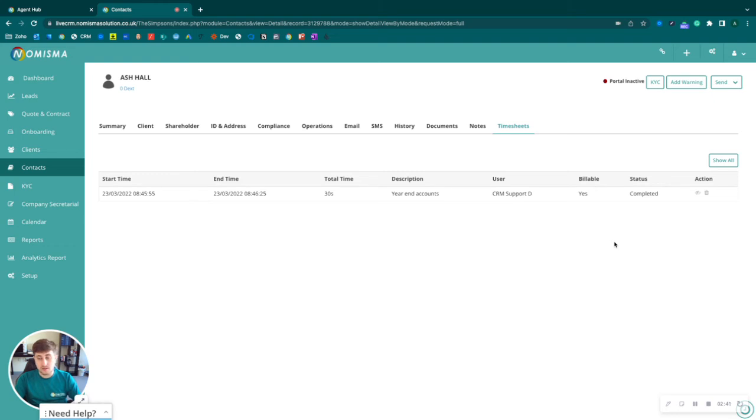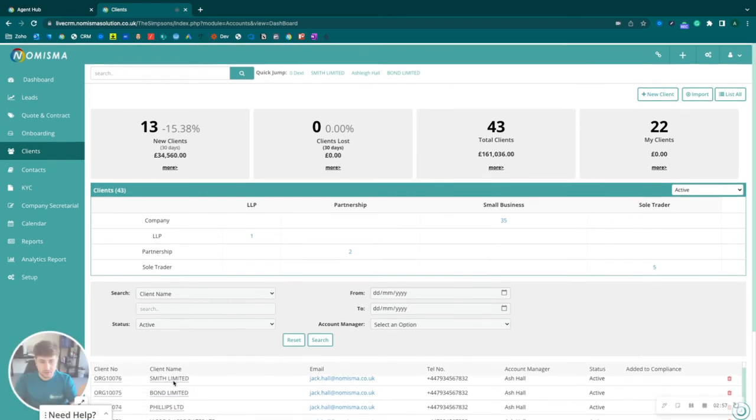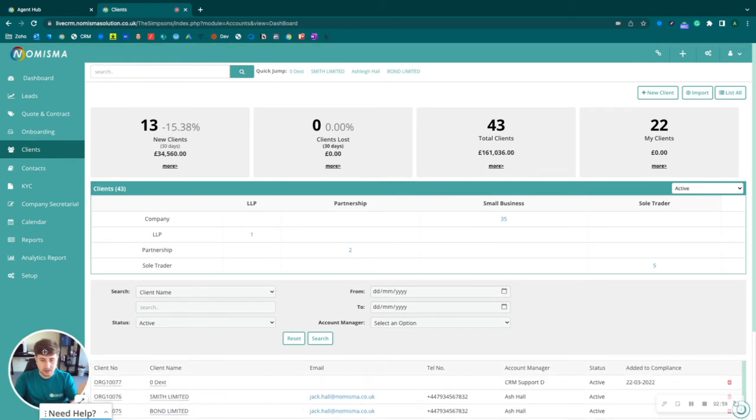clients. This is just phase one of many phases of development that we're going to do on this functionality, and we will be evolving this over time so that it will make it easier for you to actually bill your clients. As an example, within the client section, if we go into zero dext,